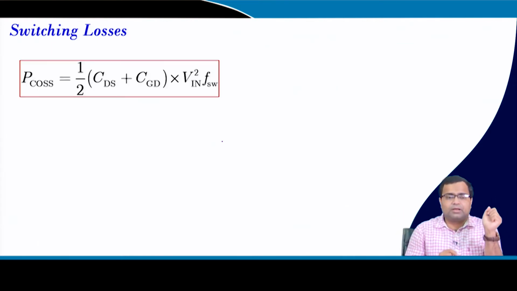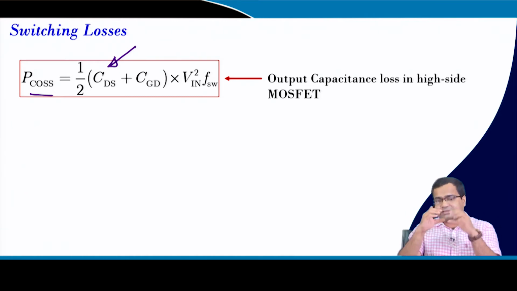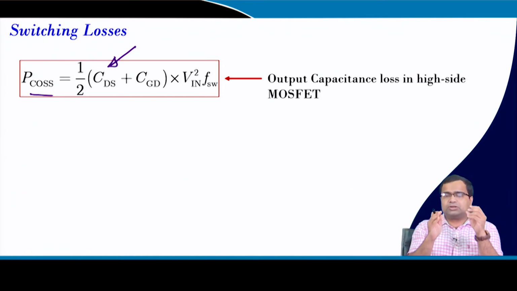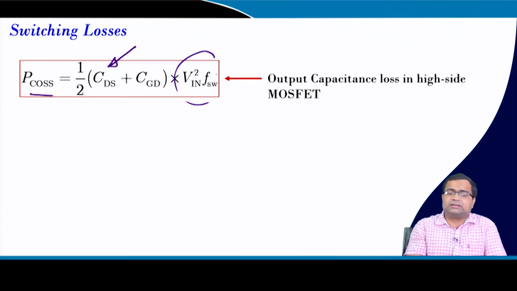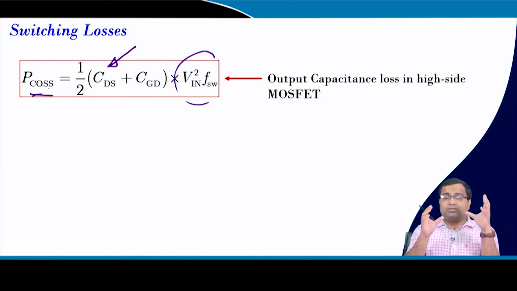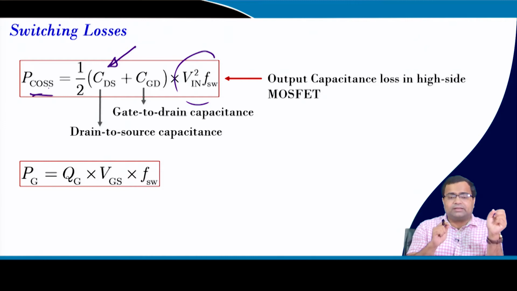The reverse recovery process will happen more frequently if you increase the switching frequency for a given interval of time. Similarly, if you take the output capacitance loss, this is primarily decided by the drain to source capacitance, because this capacitance will be charged to the voltage across the VDS when the switch is off, and it has to be discharged when the switch is on, and that energy will be lost. That can be computed, and energy by time is the power. So, this is the power associated with the output capacitor loss. Then the gate drive loss.